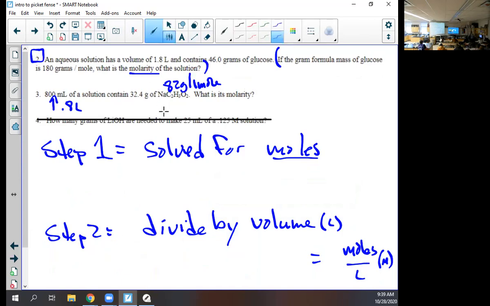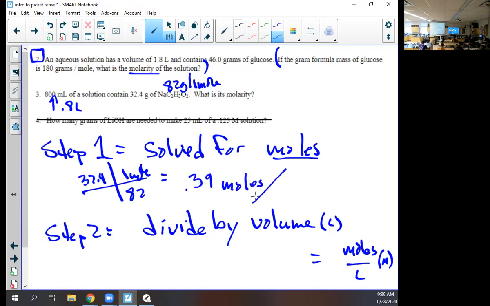Okay, super low on time. So I'm going to take 32.4, 82 and 1 mole. Anyone already typed that in? What'd you get? 0.39 moles. And then the second step, divide by the volume, which was 0.8 liters, and you get